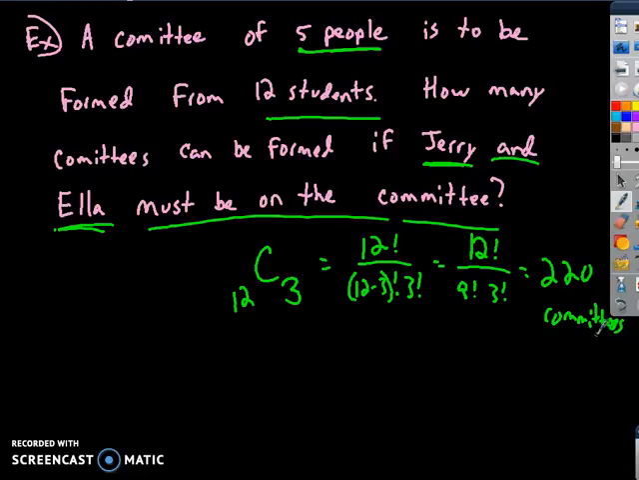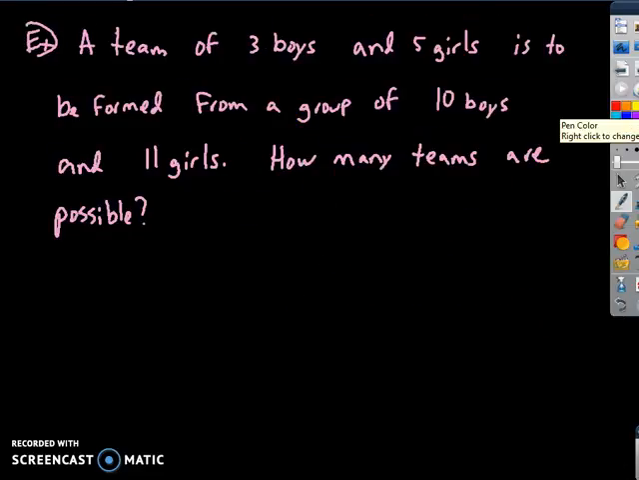That can be formed given those requirements. Okay, got a new question. A team of 3 boys and 5 girls is to be formed from a group of 10 boys and 11 girls. So it's really two combinations. There's one combination of boys and there's a combination of girls that can be selected. So it's a combination of